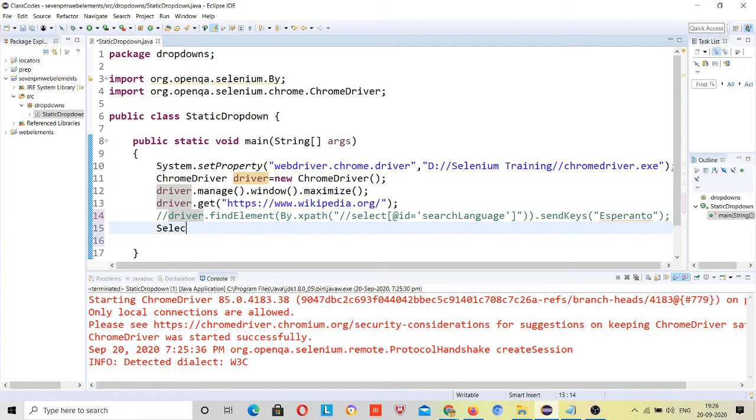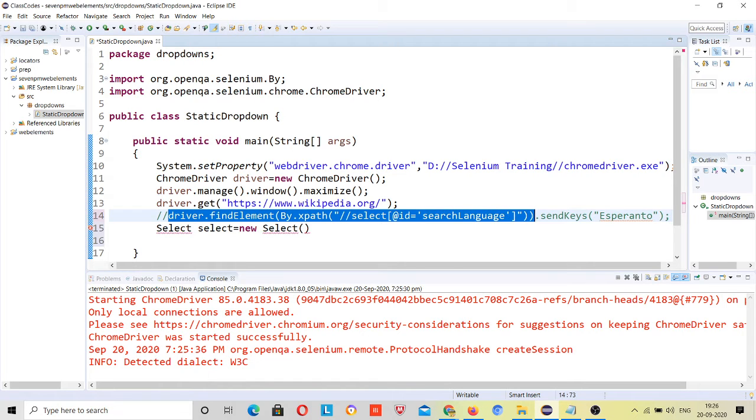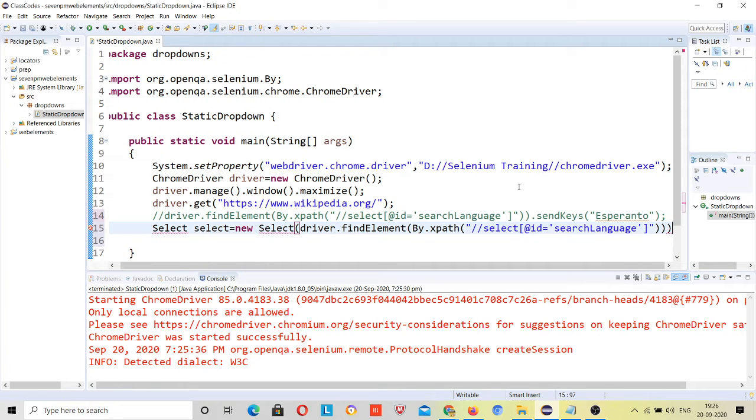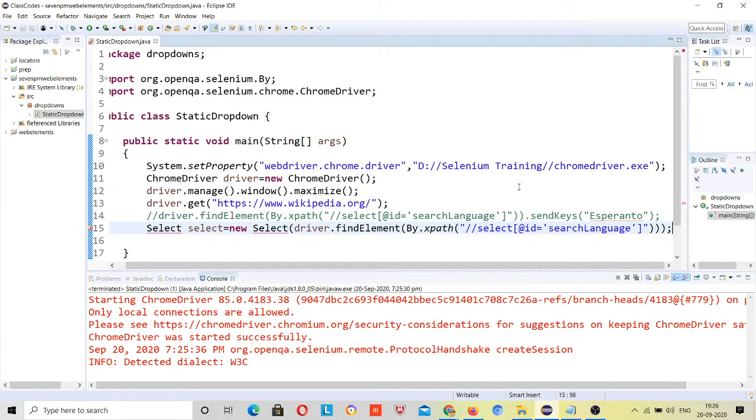This is your Select class for handling the HTML dropdowns. Select is equal to new Select, and pass here. Inside this it asks for your locator, right? Just pass this web element locator inside this, then a semicolon, right?